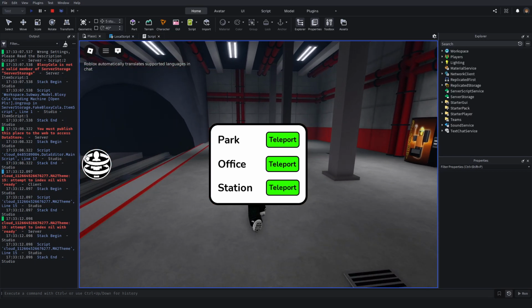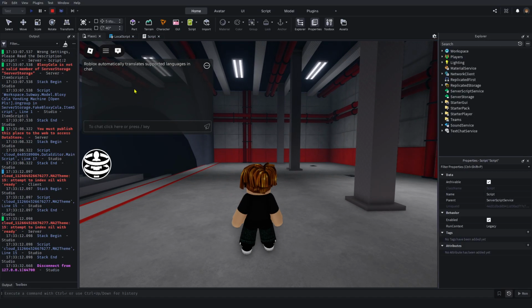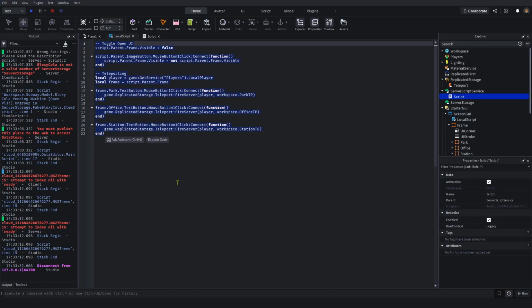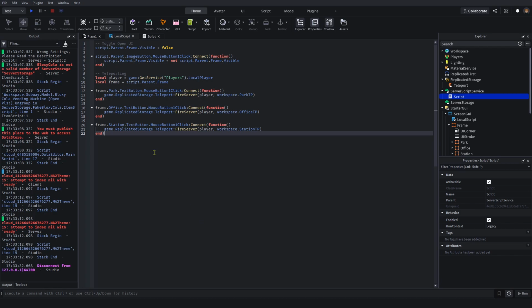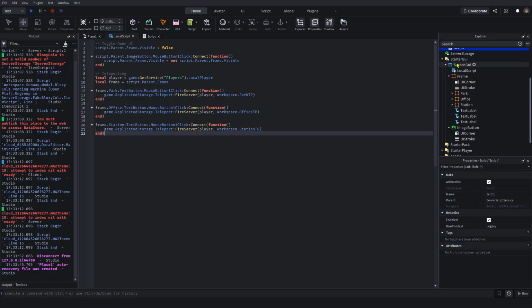And that is how you make a teleport system in Roblox Studio using UI and all of that stuff. It's basically just this. You can have as many of these as you want, but I recommend you keep this as simple as you possibly can. And if you have a different layout to me, then maybe look at where it is in the list, and then you can logically work out what the